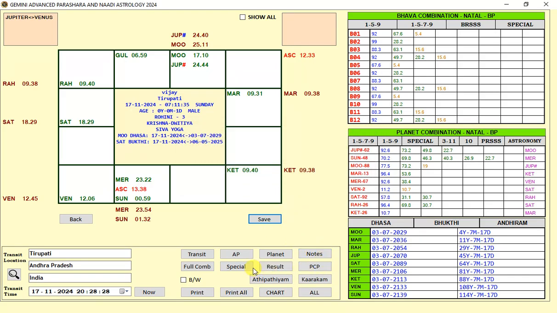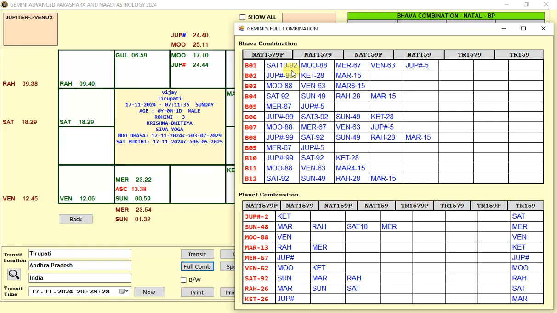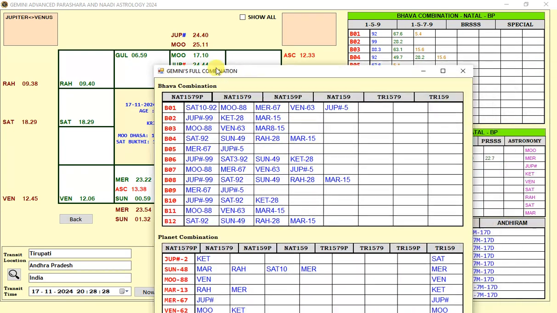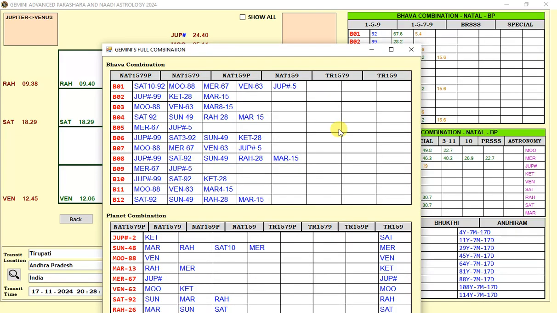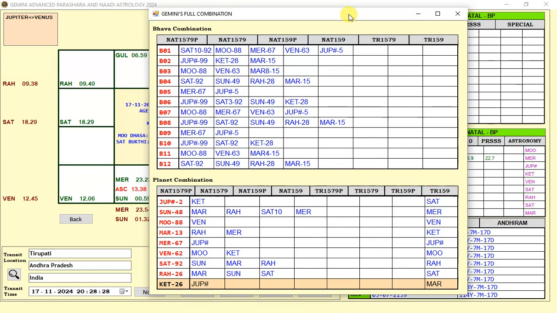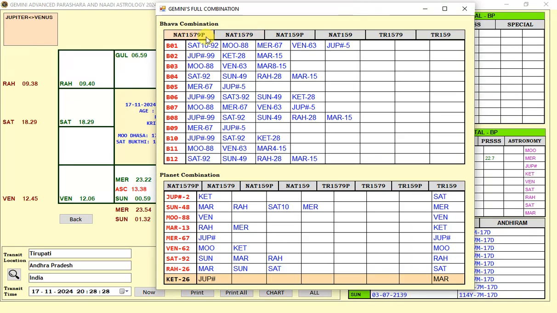And next one is the full combination. Once you click the full combination button, all the combinations with percentage are shown in this window. We will be using the percentage button to modify the planet and the percentage. But if you want to see all in one, then you can click the full combination button, in which all the Nadi and Bhava combinations and the planet combinations will be given in the planet and percentage